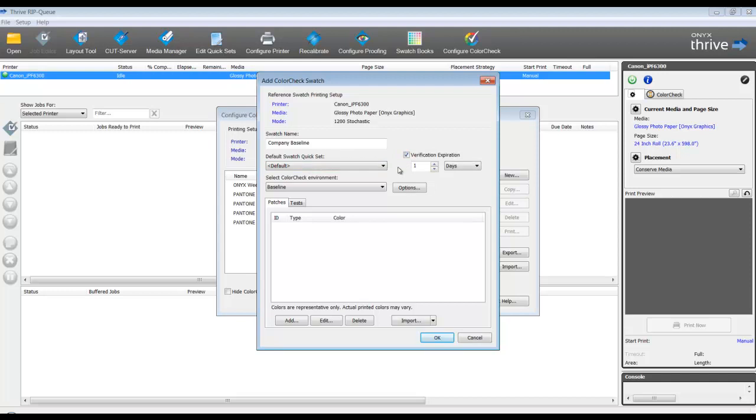The verification expiration can be indicated in hours, days, weeks, or months. When we consider what our verification expiration might be, we may decide to start out with a 1-week test. So once a week we run a test target and we see where our conditions are. If after 1 week our data points are still good, perhaps we change this to 2 weeks and run the test target again.